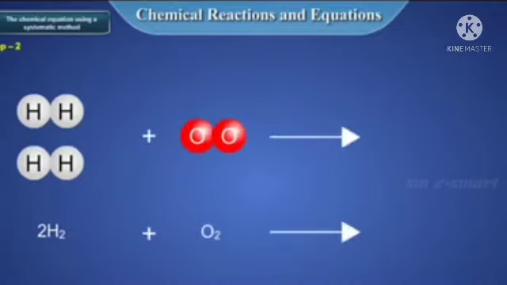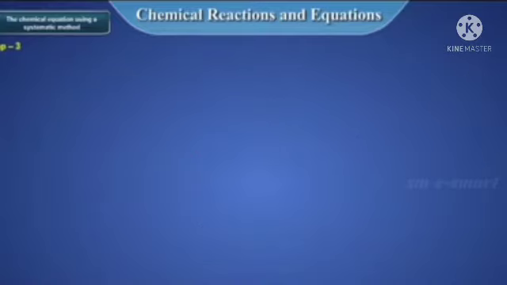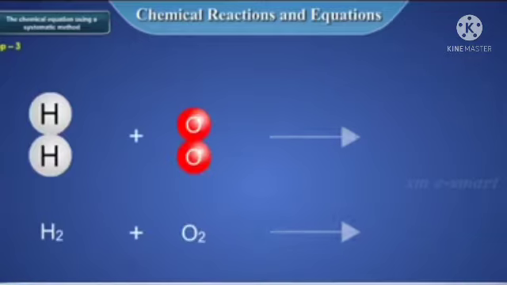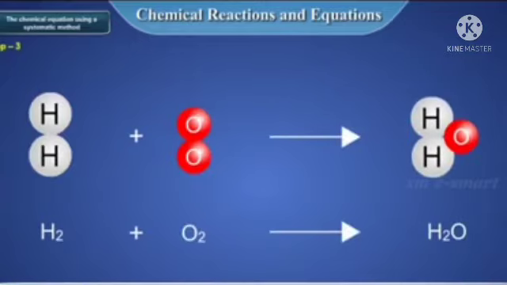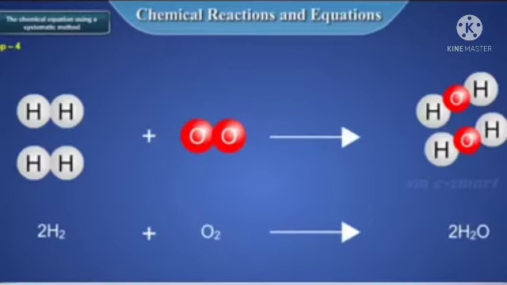2H2 plus O2 gives rise to H2O. Step 3. H2 plus O2 gives rise to H2O. The coefficients of all the substances are divided on both sides to get the lowest ratio of the coefficients for the reactants and products. The above equation needs no division of the coefficients of the substances. The equation now has a balancing of atoms on both sides of the equation.